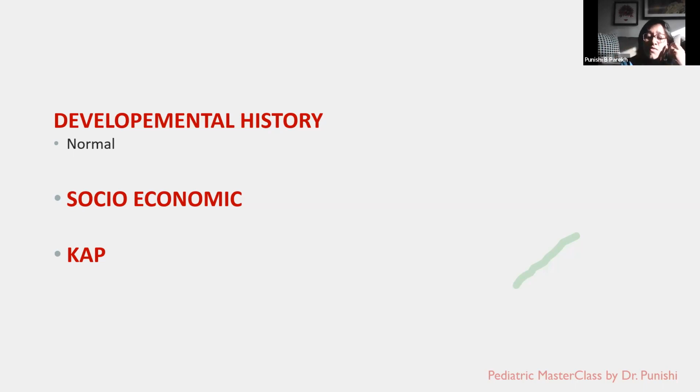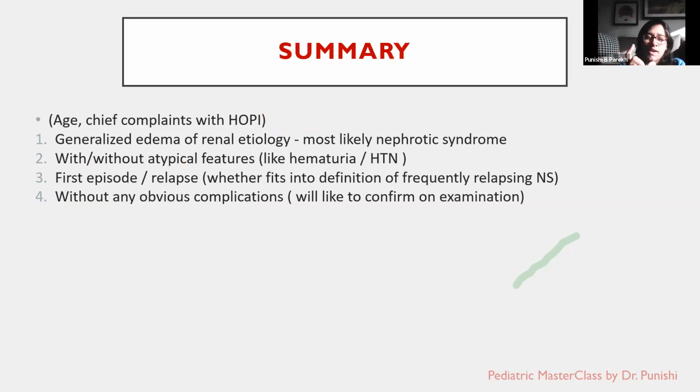So at the end, if you're asked to summarize the case, what will you say? You will say that this is a 4-year-old male child who presented with chief complaints of periorbital puffiness, pedal edema, and abdominal distension with decreased urine output for 7 days, 3 days, and 1 day respectively, whatever the chief complaints are. Has generalized edema, which I think is of renal etiology, most likely nephrotic. Now, we have already seen why we think the edema is renal and why we think the edema is of nephrotic origin. Okay, so renal etiology, edema, most likely nephrotic,